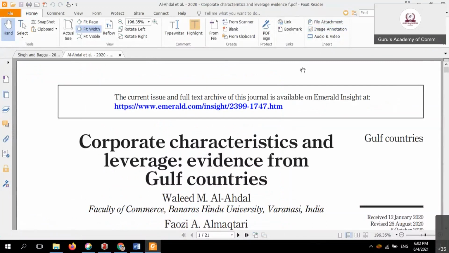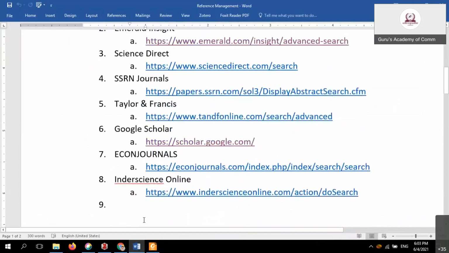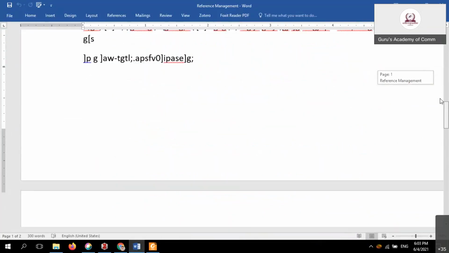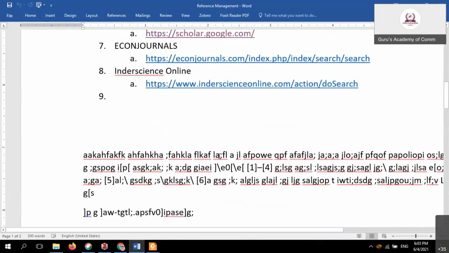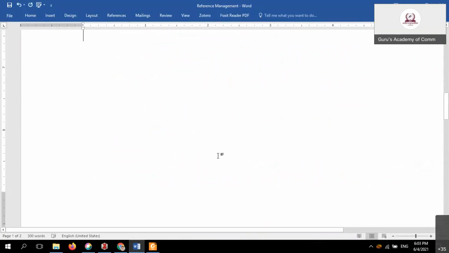I opened the particular PDF. I don't want to use the Adobe PDF reader; if you have Adobe PDF reader, some difficulty is there. So I wanted to use the Foxit reader. The information is here. Foxit reader is very useful for researchers. Simply download the Foxit reader. Now I give the link for everyone. It is free software.